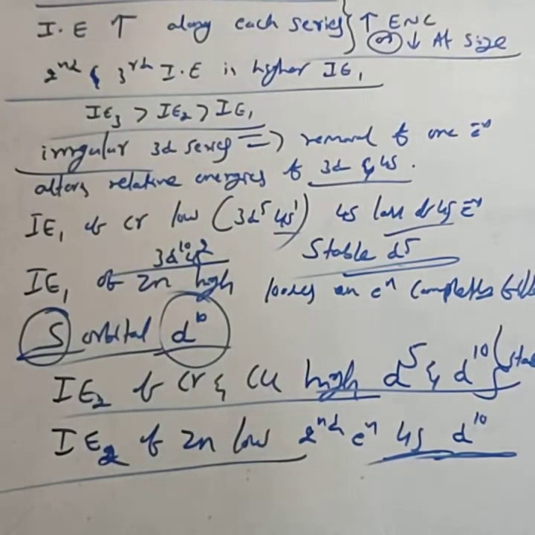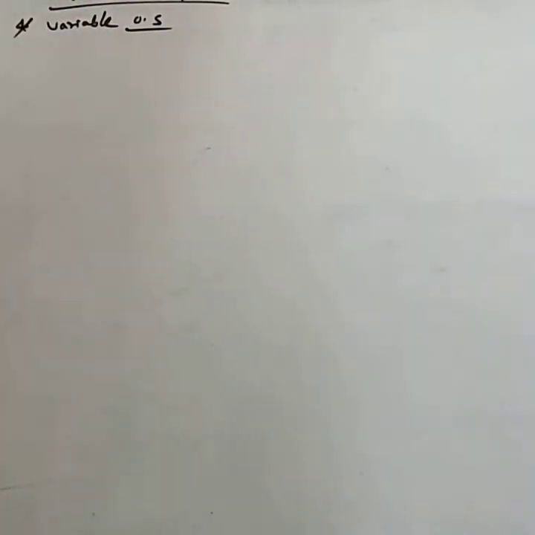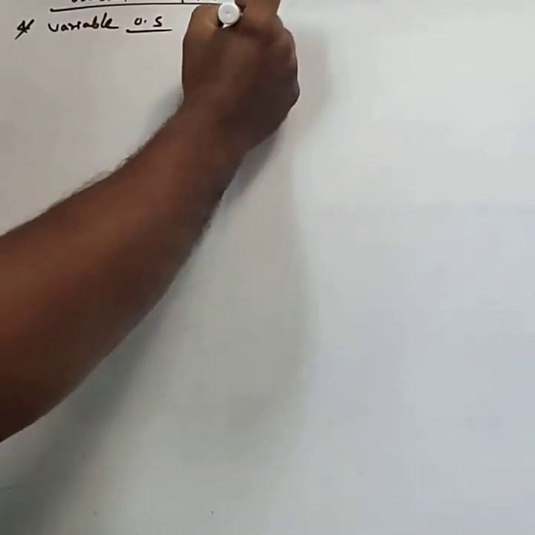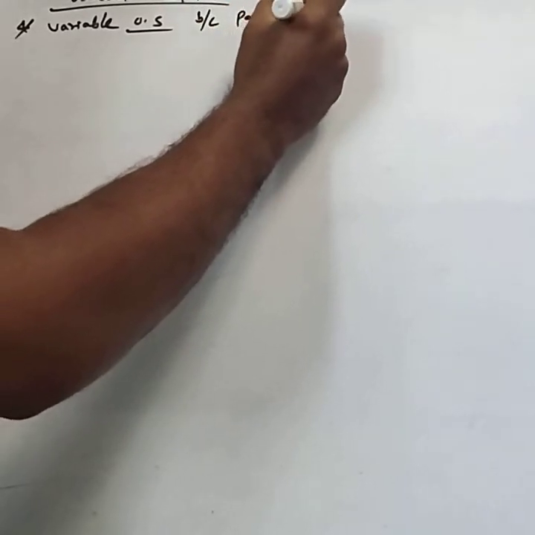Then you consider the oxidation state. The next property is oxidation state. Transition elements show variable oxidation states. This is very important, with one more reason. Transition elements show variable oxidation states because of the participation of